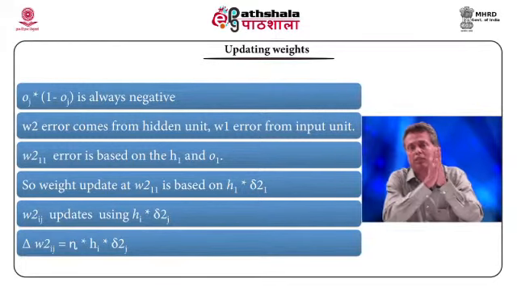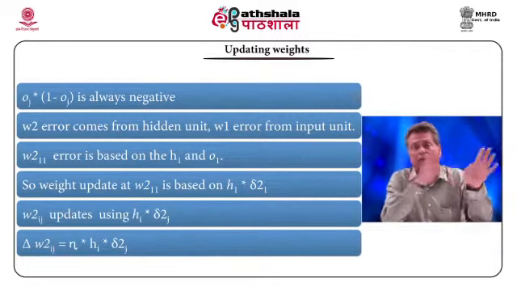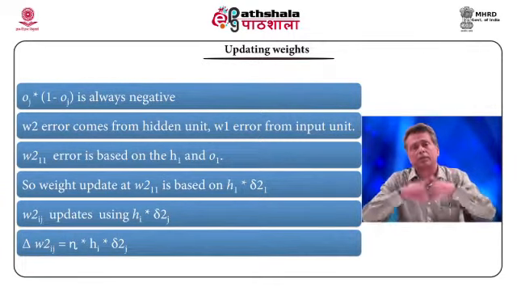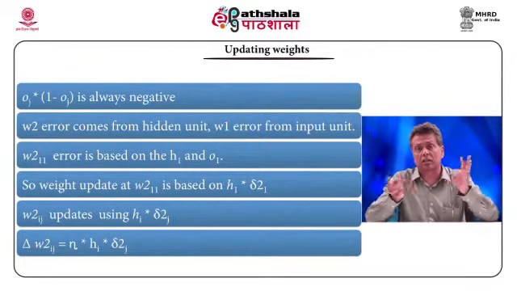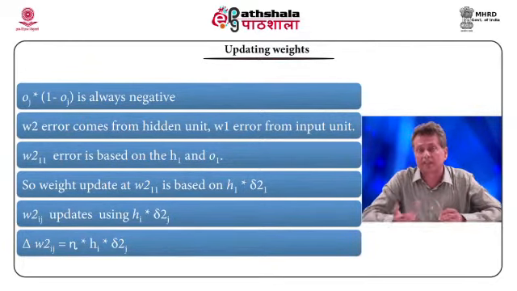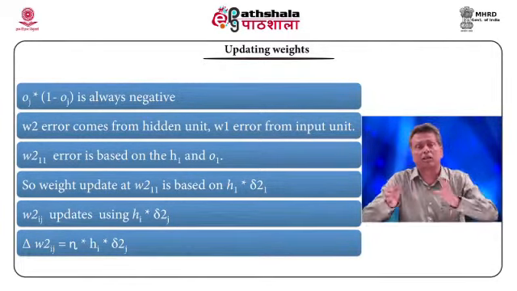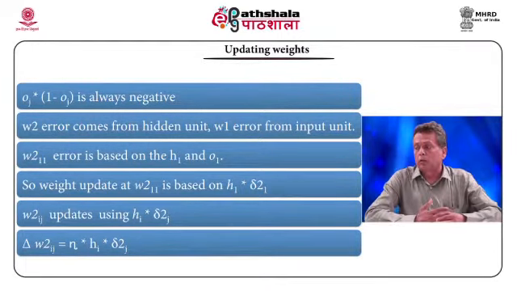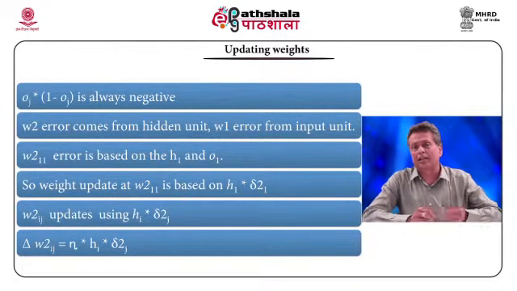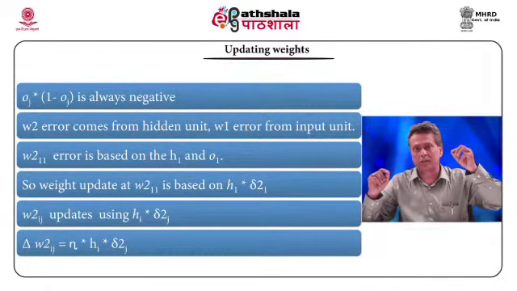For example, Yj is more than Oj. Okay, Yj minus Oj is positive. When you multiply with Oj and 1 minus Oj, it becomes negative. Similarly, if it is negative, Yj is less than Oj, the multiplication, the value becomes positive, the error is high, and that you can just add. Okay, so you don't need to process it further, you will just add that, because the sign is taken care of. Okay, the W211 error is based on H1 and O1, W211, H1 and O1, W212 is H1 and O2,